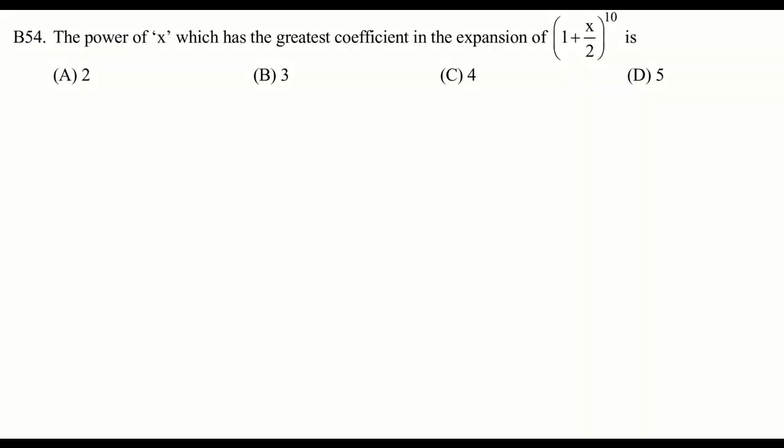Okay, in this question I want you to observe that in the expansion, if I go for the expansion (1 plus x by 2) whole power 10, then the terms of this expansion and the coefficients of the terms of this expansion are the same. Now I want in this expansion the power of x such that the coefficient is the greatest. So what I do is, for that, in this expansion, first I will find the term number having the maximum numerical value.